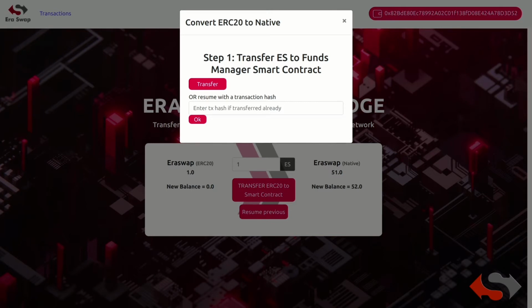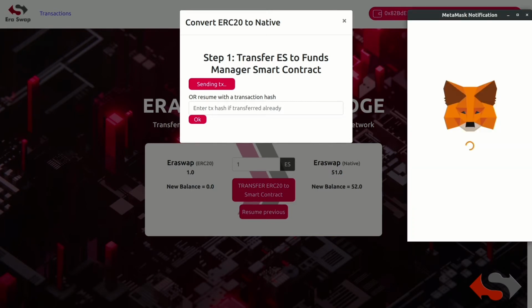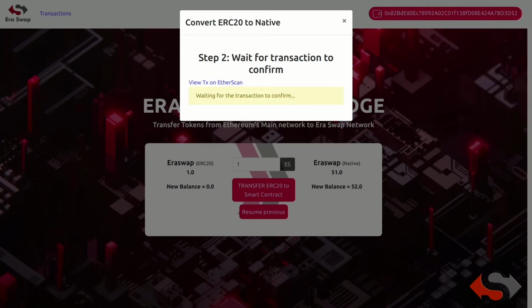It will transfer our Eraswap to funds manager smart contract. We have to wait for the transaction to confirm. By the time we can try the swap between Eraswap native to ERC20.